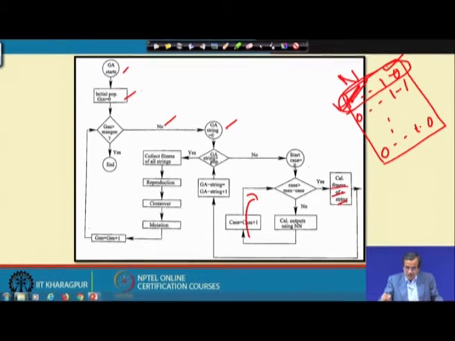Now, I go for the second G string. This information of the fitness will come here, and here it is G string equals G string plus 1. So, I am just going to send the second G string, and once it is ready, once again I am going to pass all the training scenarios.